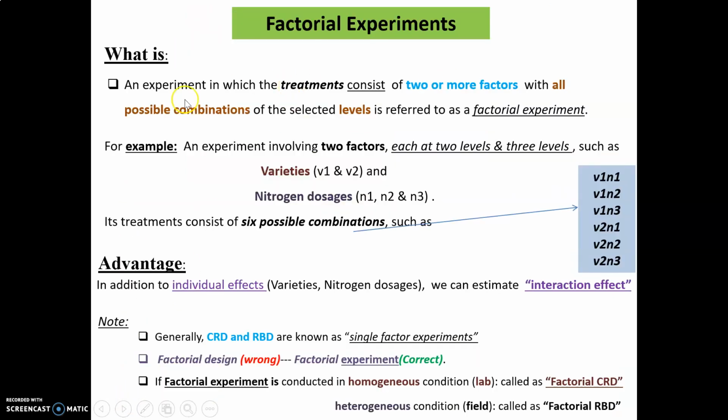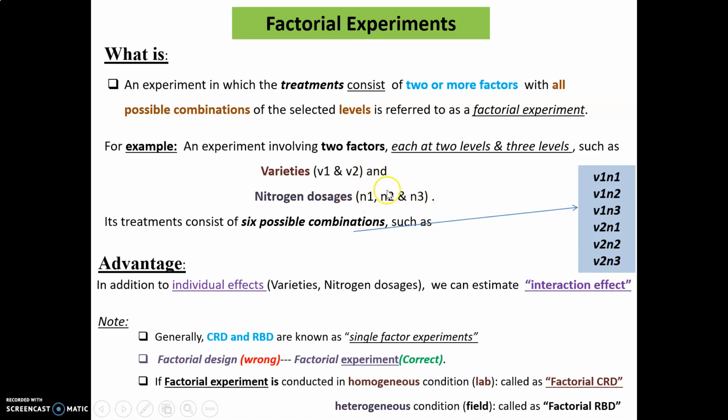Factorial experiment: an experiment in which treatments consist of two or more factors with all possible combinations of selected levels. Such an experiment is called a factorial experiment. For example, an experiment consists of two factors, that is, the first factor with two levels v1 and v2, and the second factor with three levels n1, n2 and n3.